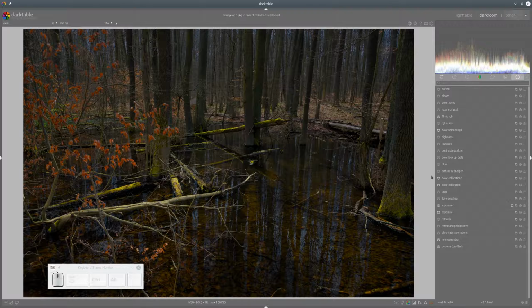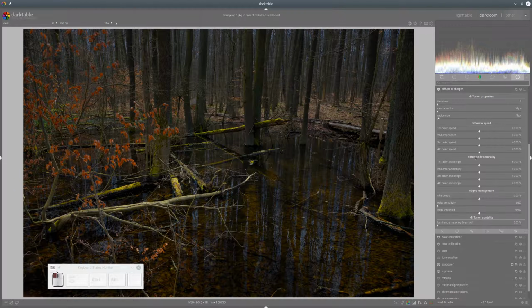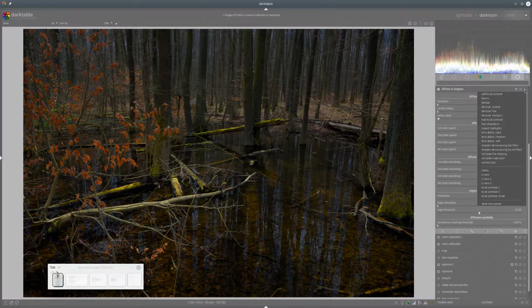And I already used that method with diffuse and sharpen. I will now use one of the presets. And by the way, if you don't know how to start, you have here quite a lot of nice presets Aurélien, the developer of the module, has made for almost every possible case. So we can choose one of them and then start to improve that by your photo. And for this case, I will use bloom option,